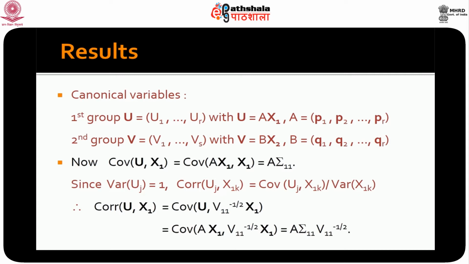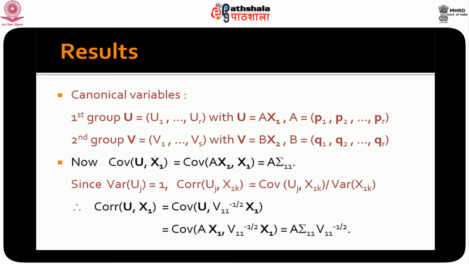Similarly, let us define V as an s-dimensional vector, or in this case, since we are just restricting ourselves to canonical variables, it will also be of r dimension, because we had assumed that s is greater than or equal to r and we can only go up to r canonical correlations. So V again we will be defining as an s-dimensional vector, of which we will be interested in only the first r, is given by Bx2. So these are the linear combinations that we can get, and the first r of these give us the corresponding r canonical variables that we have for the set of x.